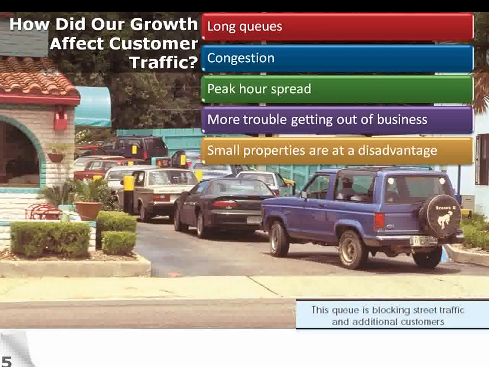If you think about the old gas station that we saw a few slides back, you could see that people could get in and out, but the amount of traffic on US 90 at that time was pretty light. Today, we have a lot more congestion spread out over a lot more hours of the day, and those queues and the traffic on the roadways themselves are the factors that cause poor accessibility to properties.